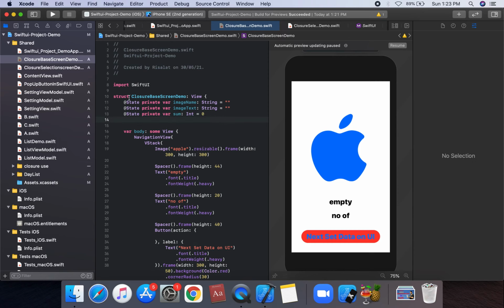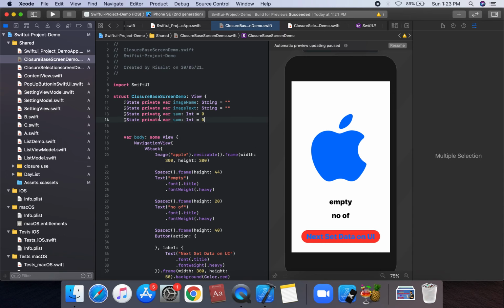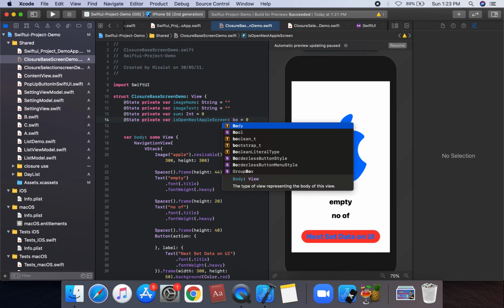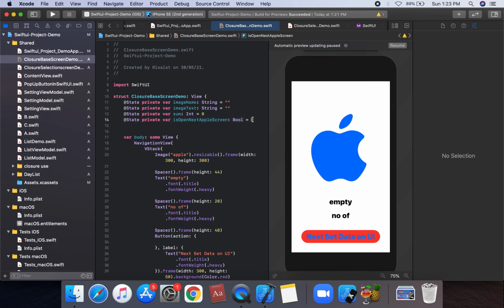So we can create another state property, open on the UI is binding. Next button tap is open next Apple screen, which is of type bool and the default value is false.